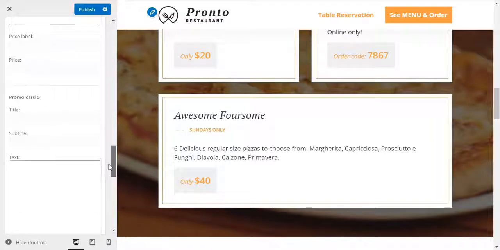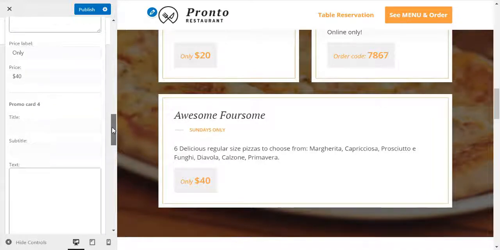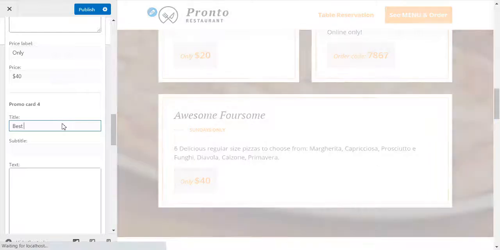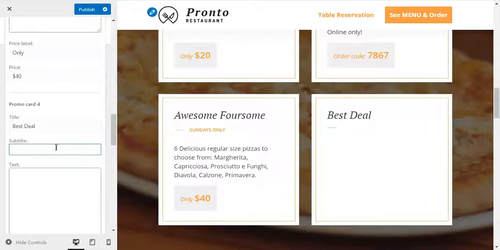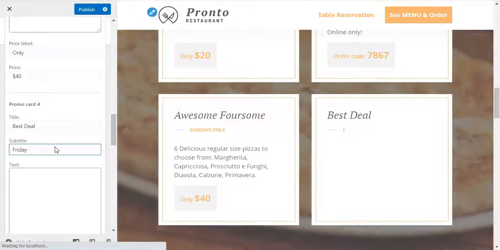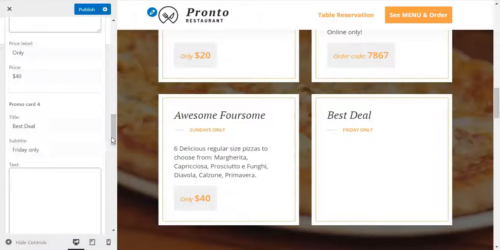Also, this theme doesn't require any key, because this is provided by the theme developers. I will give in step 3 the link of the theme and the demo content, and how to download the demo content. Now I am showing you how to add a new section alongside these three sections.